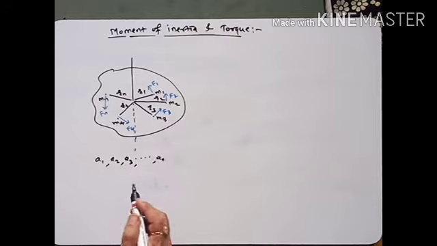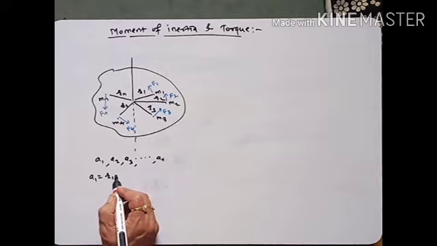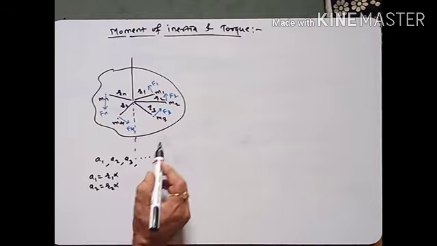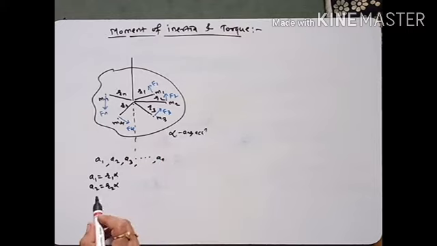Then we can write a1 is equal to r1 alpha, then a2 is equal to r2 alpha. Alpha is the angular acceleration. Similarly, an is equal to